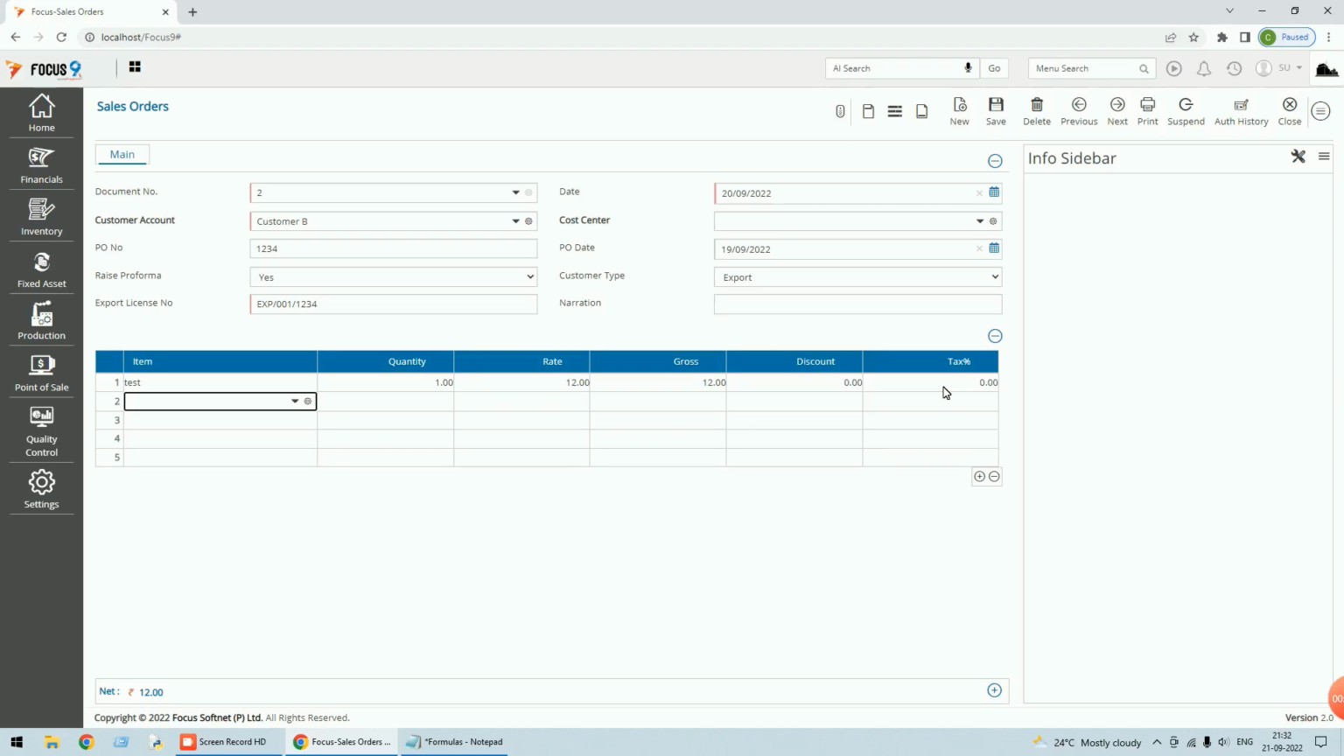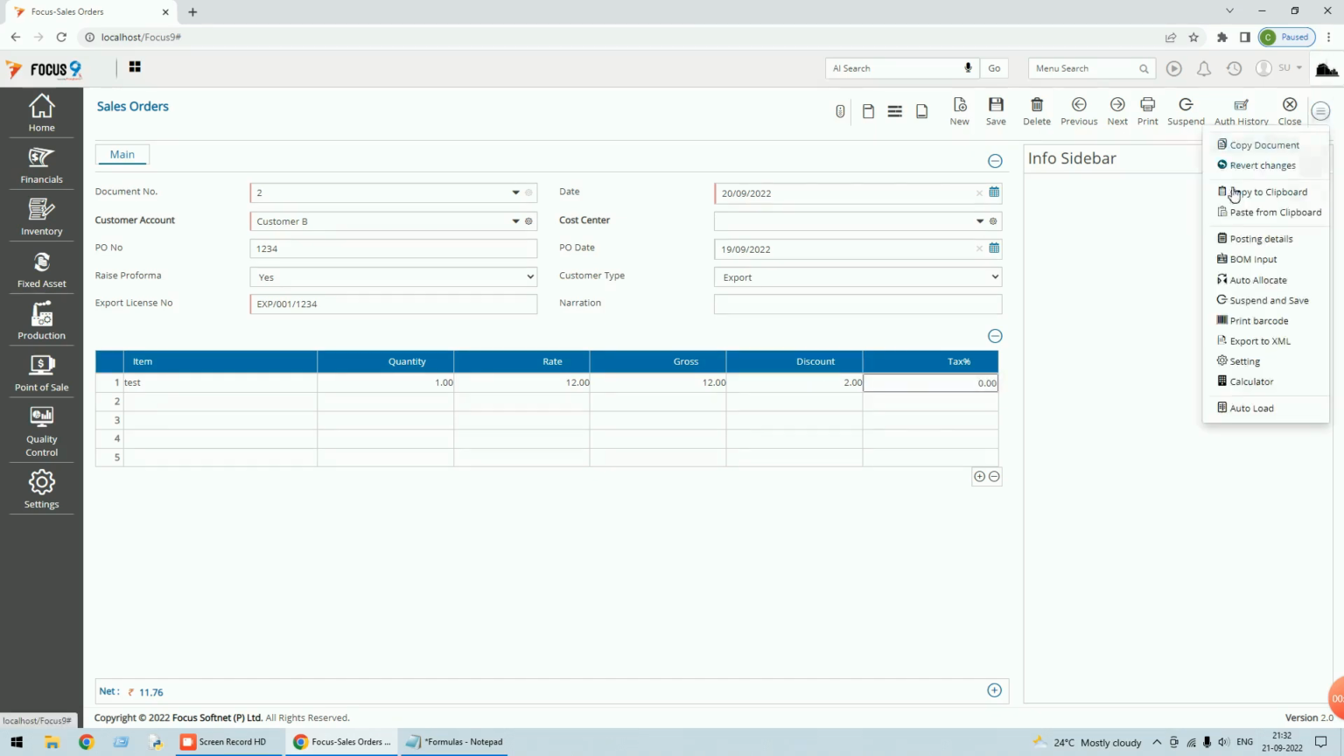Now I want to calculate this tax as a percentage. How to do that? I want this to be calculated as gross minus discount into tax percent. Okay, let me give my discount as 2%. Now this has become 11.76. Discount is in percentage. In case I want to give this discount as value, I can go to